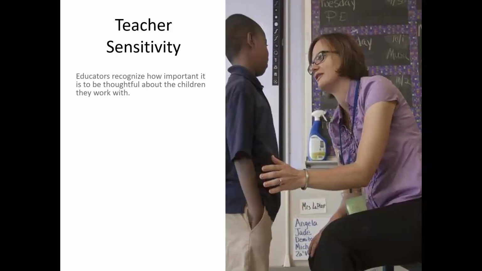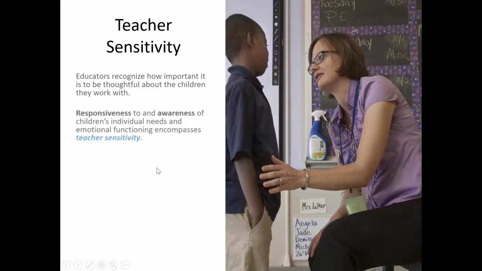So for educators, I'd say one of the most important things we can do is just be sensitive. It's not about being nice or kind. It's about noticing and knowing your kids. If you know your students, you'll also notice when something is off about them, right? You'll know that what could be seen as typical behavior for one student is not typical for another.